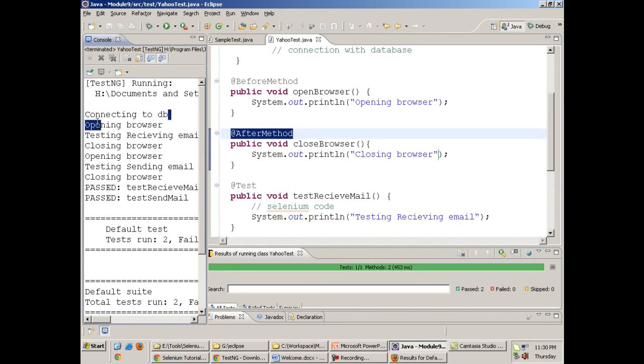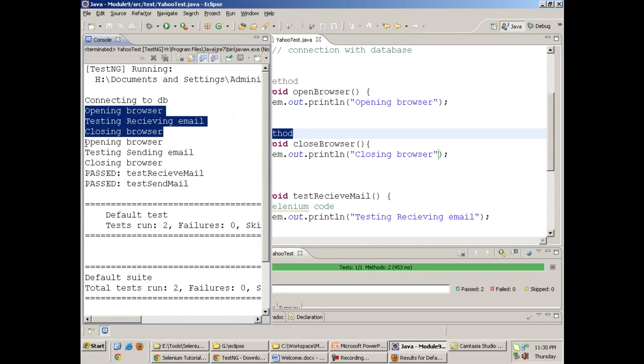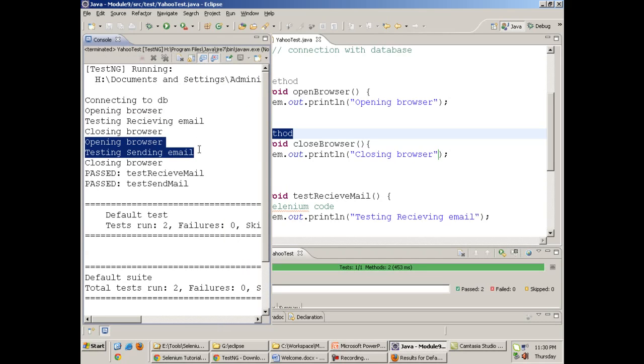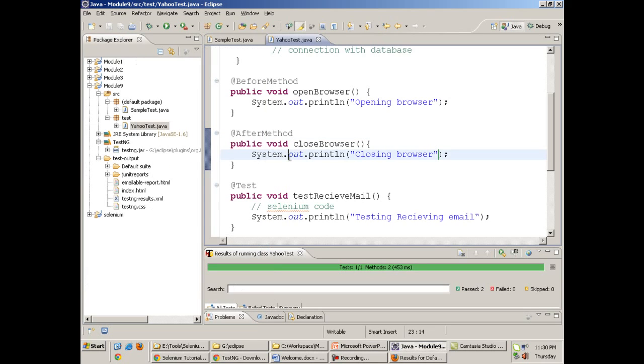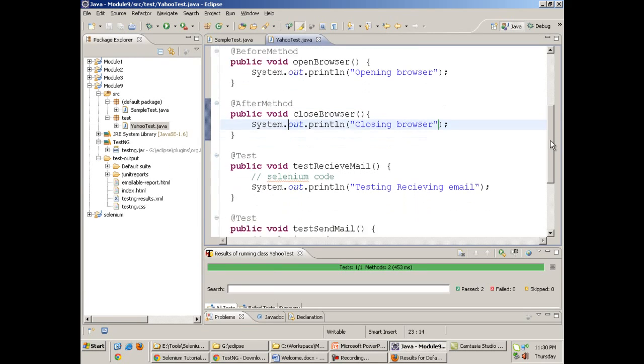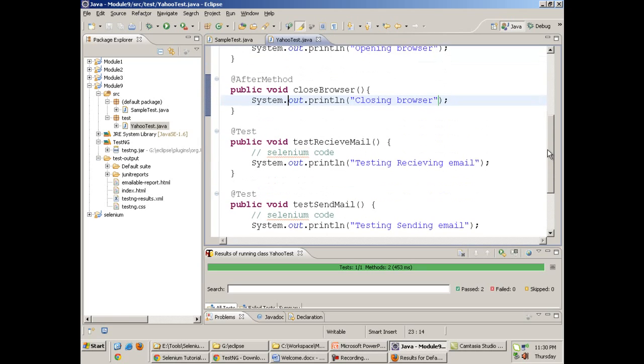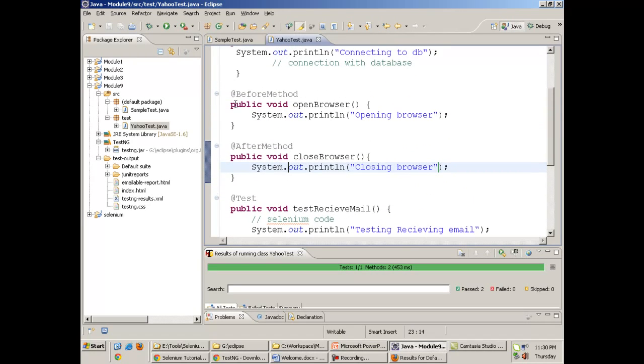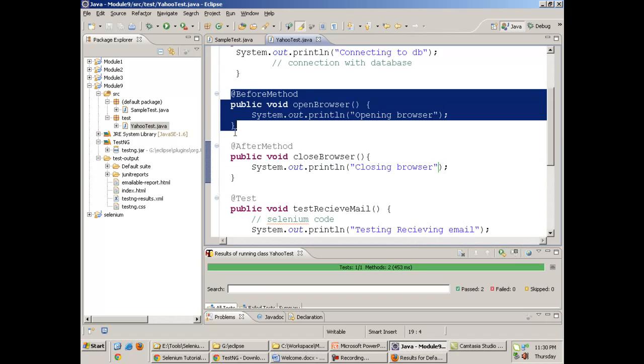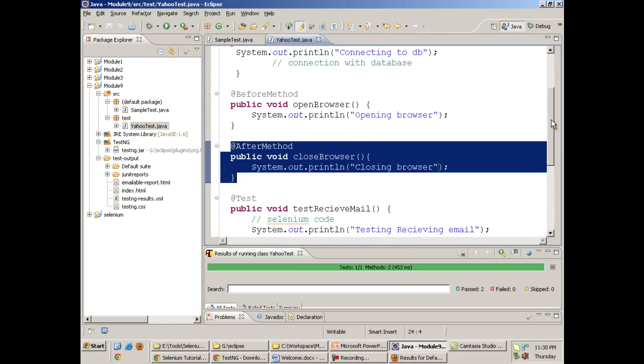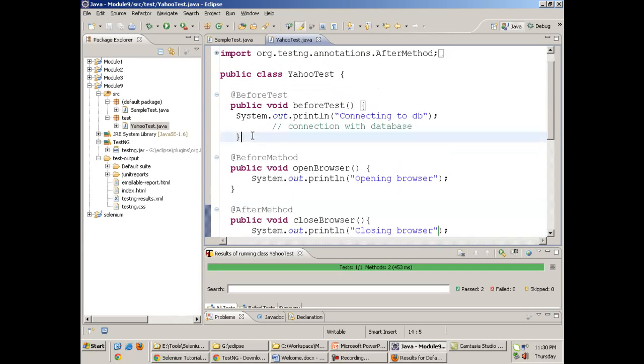First I connect to the database, open the browser, test, receive email, then close the browser again, open the browser, test, send email, then close the browser again. So that means as many test methods with the @Test annotation as I have, that many times the before and after methods will be executed. Okay, now there is one more